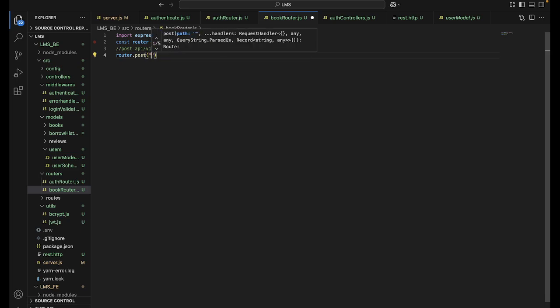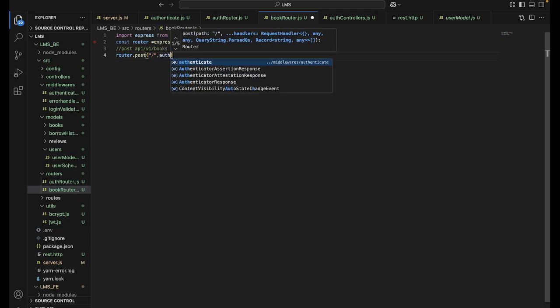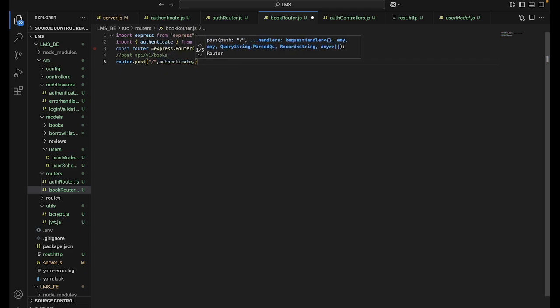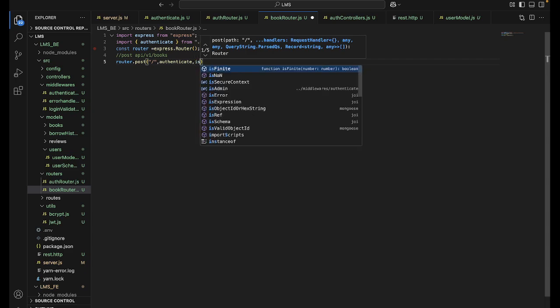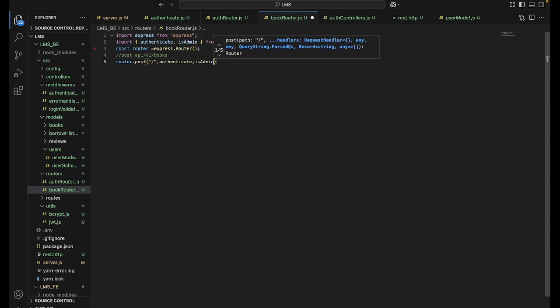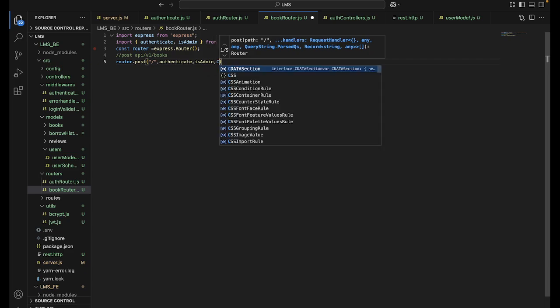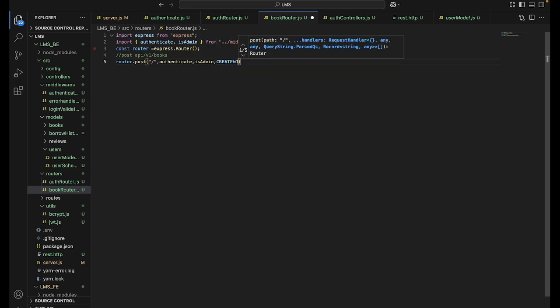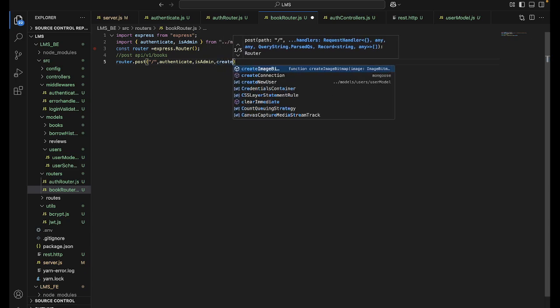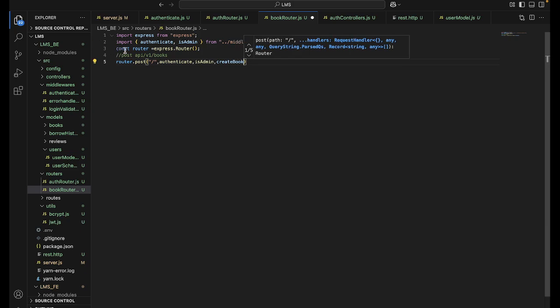Okay. So some kind of controller will be created, and this controller will be defined in the controller folder. For the controller folder, we are gonna create a file called book controllers. That is basically where we are gonna create the controller. So for the controller, if you see in the auth controller,